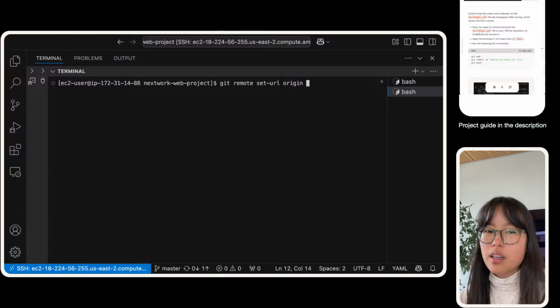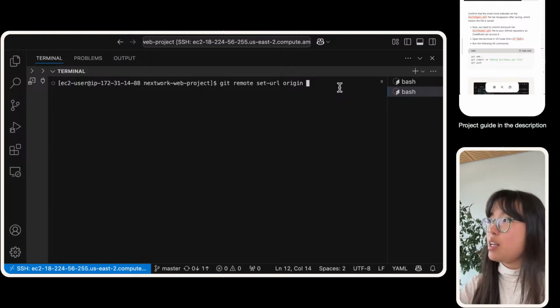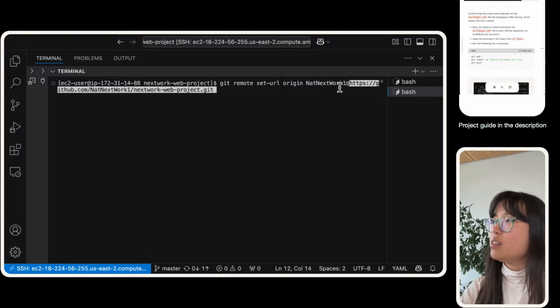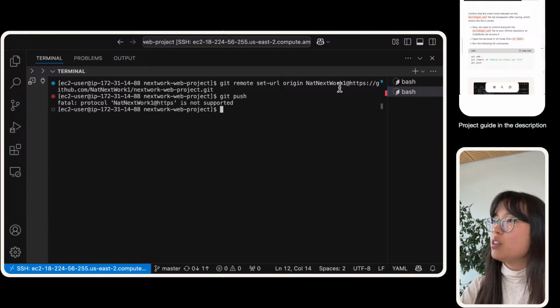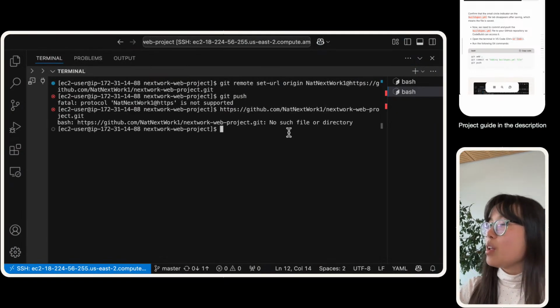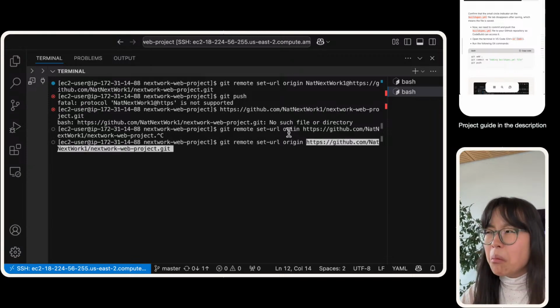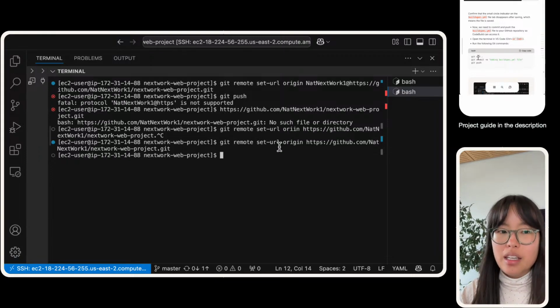I think it's going. Oh my gosh, I wonder what was the URL I needed to run. It was like nextwork1 at the URL like this. Oh, that was the wrong protocol. It was to go git remote set-url origin. Okay, and then here,